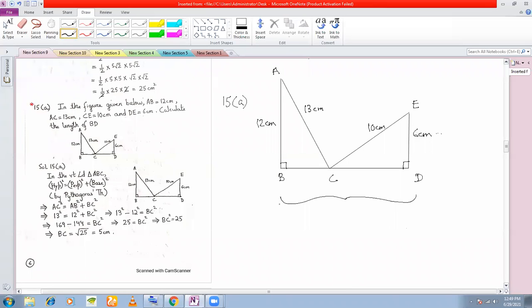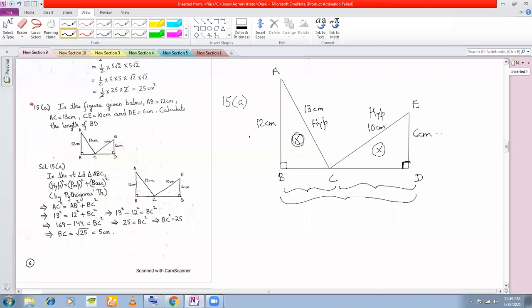Now see that BD consists of the sum of two lengths. What are those two lengths? This length BC and this length CD. So how will I calculate? First of all, I will try to identify what right angle triangles are there. I can see two right angle triangles, this one and this one, right? In these two triangles, this is the right angle, and opposite to it must be the hypotenuse. This also must be the hypotenuse of this triangle, right?